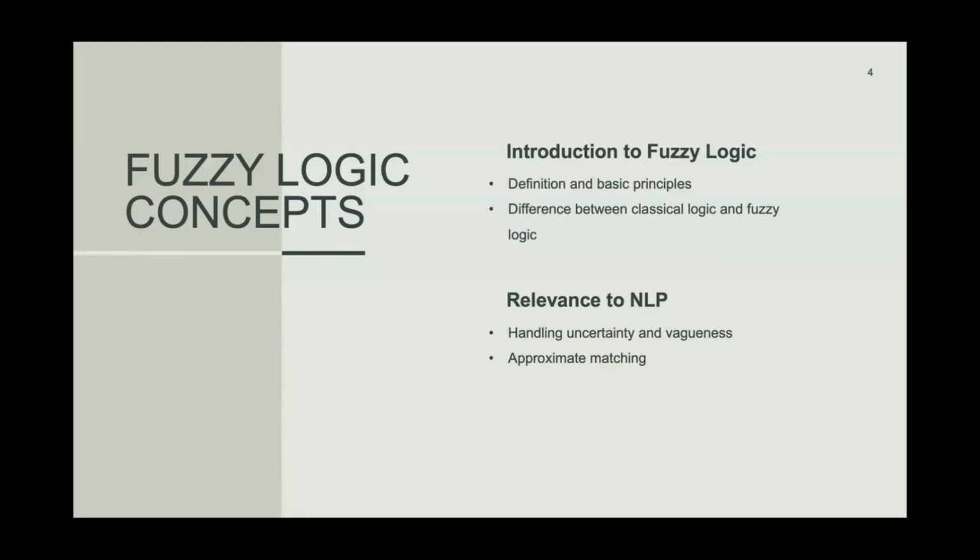Fuzzy sets have several important properties. One is the support. The support of a fuzzy set is the set of all elements with non-zero membership. Then there is the core. The core comprises elements with full membership, which is the membership value 1. And height. The height of a fuzzy set is the supremum, the maximum value